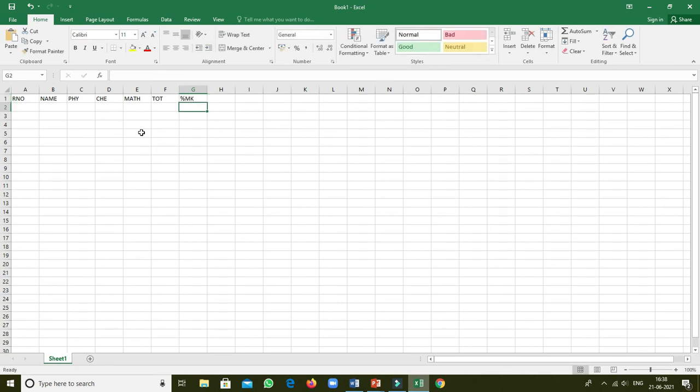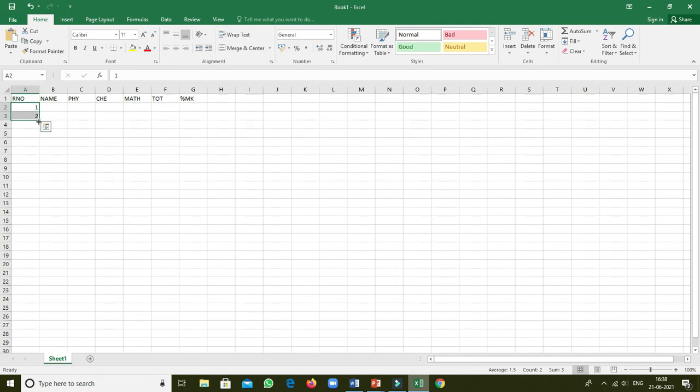Now see, here the roll number is there, and we have to type 1, 2, 3, 4 in such a manner. It takes lots of time. So you just type 1 and 2, select 1 and 2, and move the mouse pointer to the extreme bottom right corner.